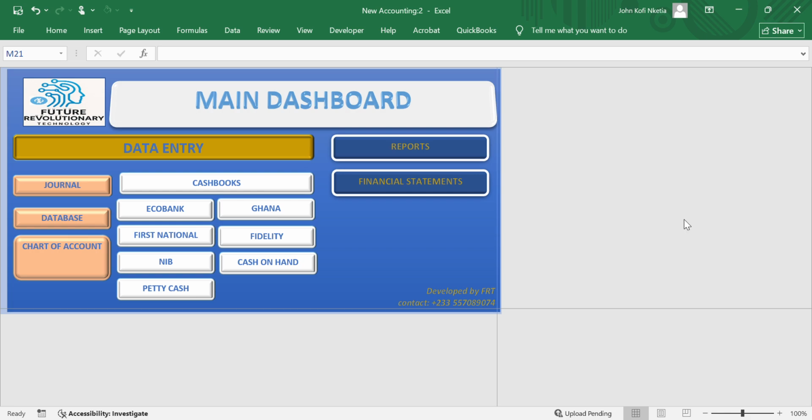Hi, we all know that Excel has become a very crucial business tool for businesses and every professional's day-to-day activities. But my question is, how well do you use Excel? Do you use Excel just for additions and subtractions, just for tables and pivot tables? What if I tell you that you can use Excel to develop a model accounting software with no VBA coding